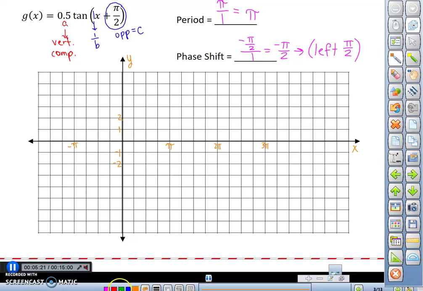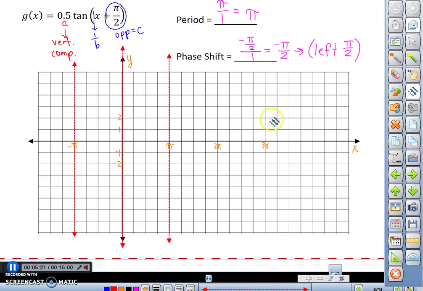All right, so now asymptotes. So, as we discussed, tangent is undefined at negative pi halves radians, which should be right here. So this asymptote is shifting left pi halves radians. So it's going another pi halves, which would take it to negative pi. So this is the asymptote on the left of the first cycle. Pi halves radians later, we're going to have the asymptote that ends that first cycle. And pi would be 4 squares. So that means the y-axis is going to be the end of that first cycle. To graph the second cycle, we go another pi, and this is going to be the asymptote that ends the